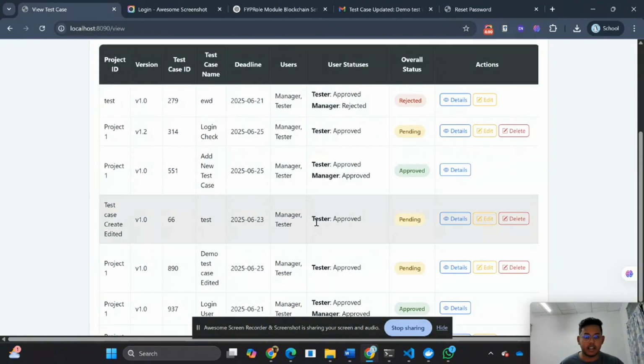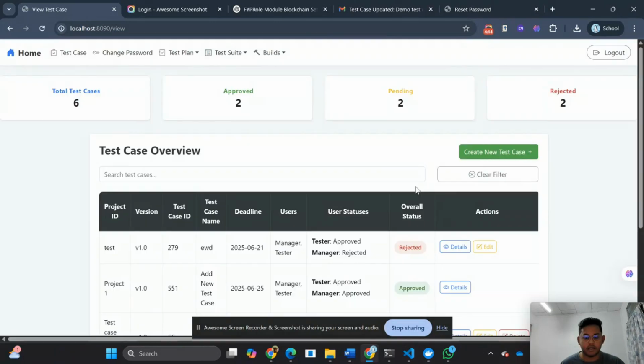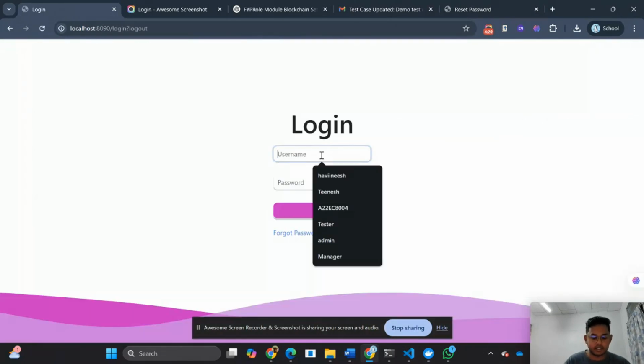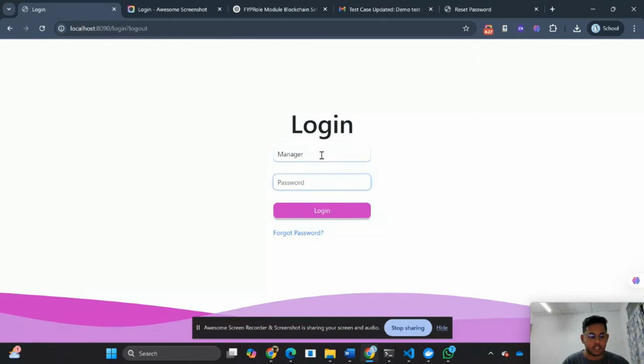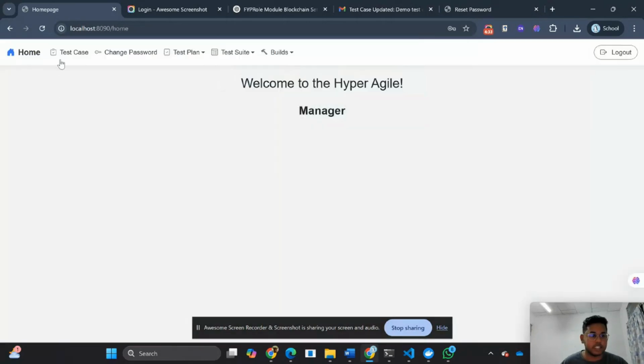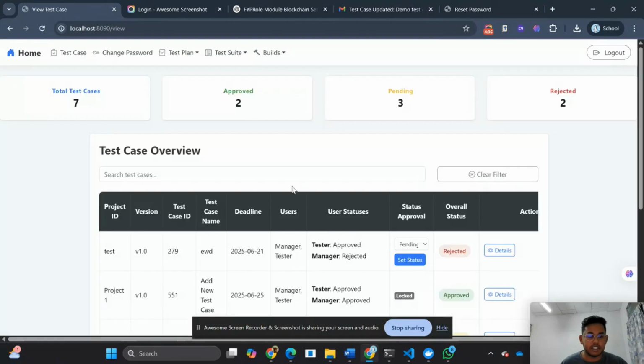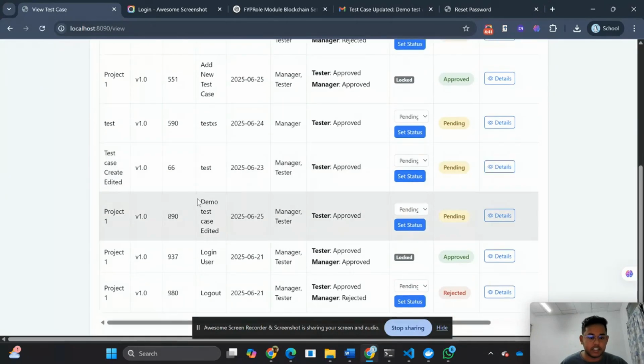Now let's try deleting the test case. Let's delete this. Just click yes. You can see that the test case has been successfully deleted. Now, to approve the test case, let's go to the manager's account. In the manager's account, once you click test case, he can view all the test cases that he's involved in. For the test case we did just now, which is demo test case edited, let's set the status to approved